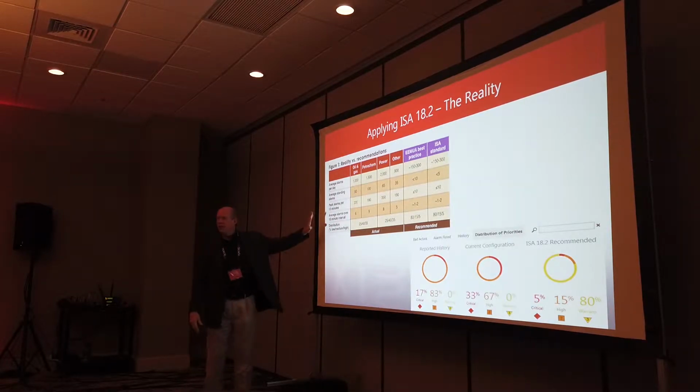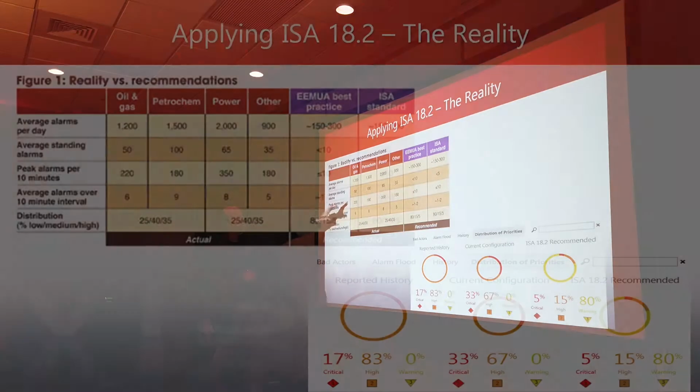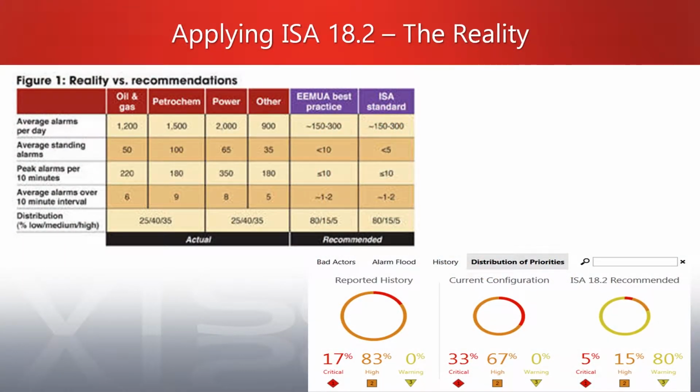All right. So what they did there is they said, if we look at different industries, they got oil and gas, petrochem, power, let's put ourselves in the most conservative category of other. And what it says is that the average number of alarms coming in per day to any given system is 900. Perhaps yours is less or more, or the system you just finished doing is more or less. That's okay. That's how many alarms are coming in. Average standing alarms were 35. So alarms that were showing up in that banner, that have been acknowledged to get the stupid horn to stop, but no action has been taken against them. So it's still an alarm state.